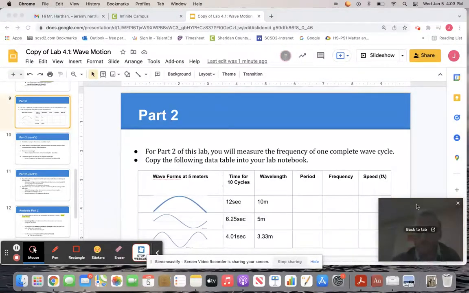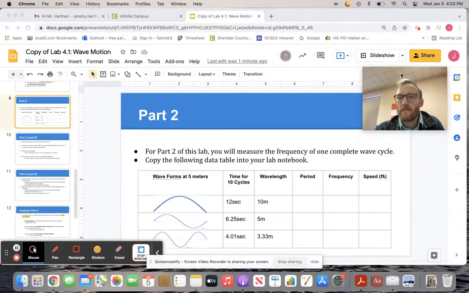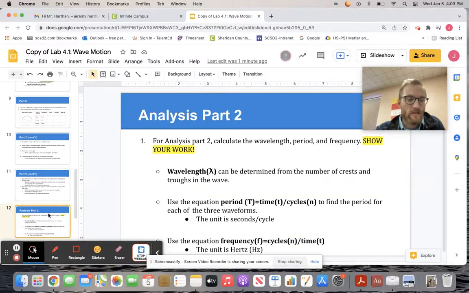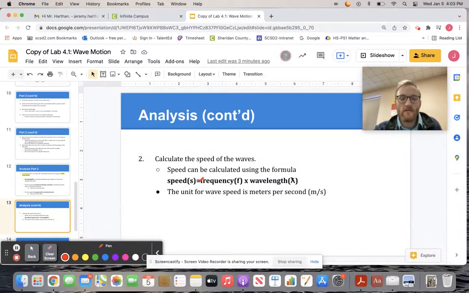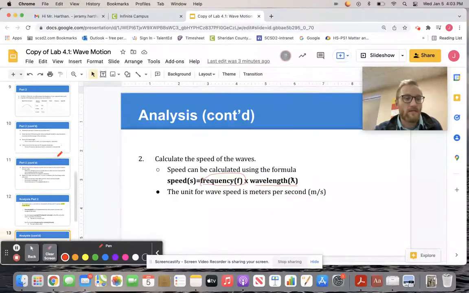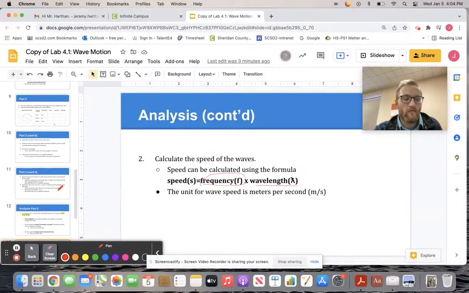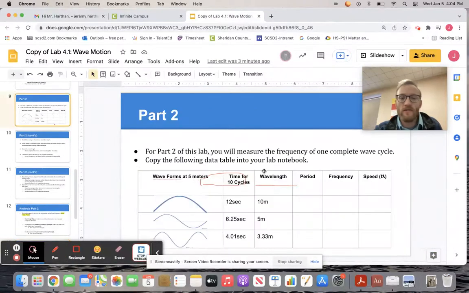Okay. Now, I'm going to move myself up here. So wave speed, if you remember, to calculate wave speed, let's look at our equations again on the analysis. We are going to use the equation. We're going to use the frequency we just calculated, and we're going to multiply that by our wavelength. Okay, so if we just go back to our data table, this is really simple now. We just found our frequency,